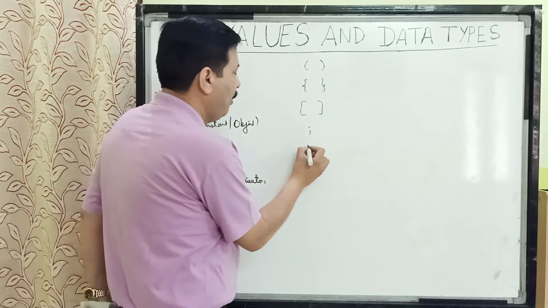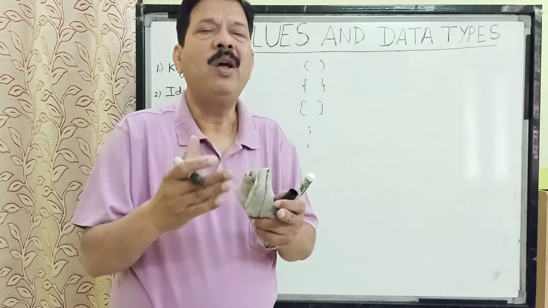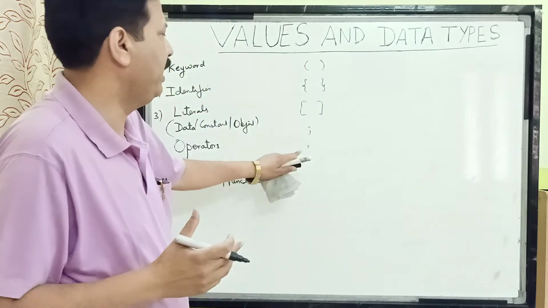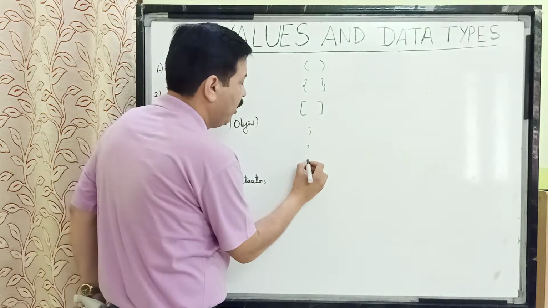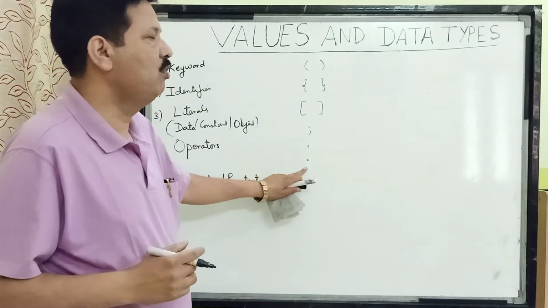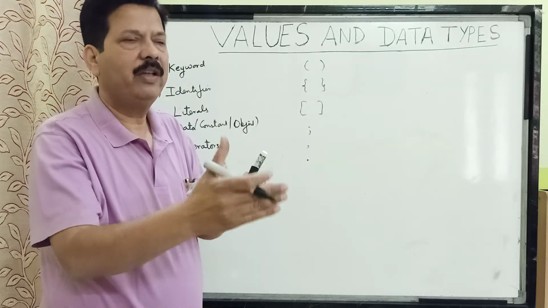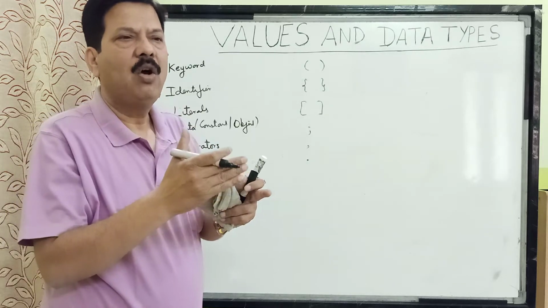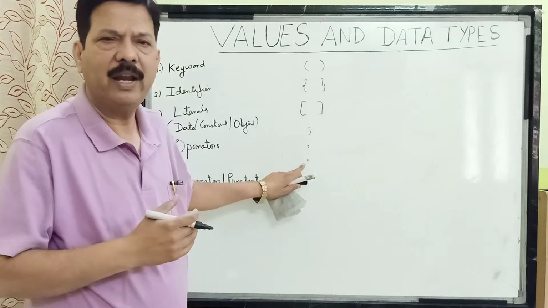Then we have the comma. This comma is used when multiple initializations are done in a program, then we separate each variable with a comma. The last operator is the period or full stop. Children, this is used when we want to combine a package with a subclass, with a sub-package, or a package with a class, or when we want to link our object with the function. Basically, it is used for accessing members.